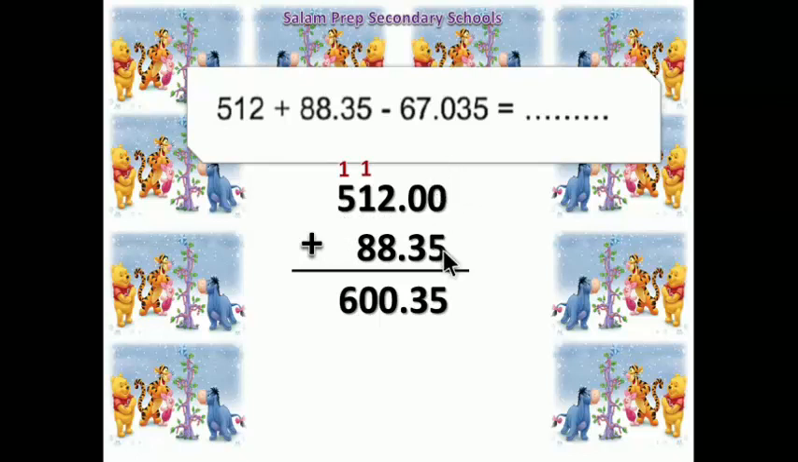0 plus 5 equals 5. 0 plus 3 equals 3. Put decimal point. 2 plus 8 equals 10. Write 0, carry up 1. 1 plus 1 equals 2. Plus 8 equals 10. Put 0, carry up 1. 1 plus 5 equals 6. There is no digit here, so we will write 6. The answer is 600.35. Now we can subtract